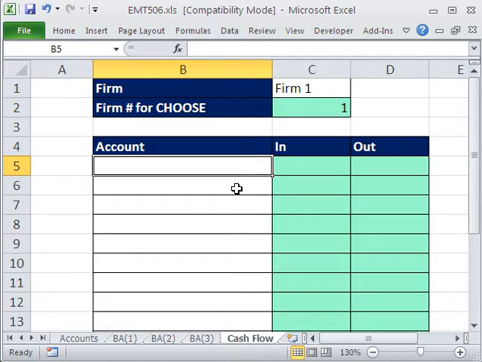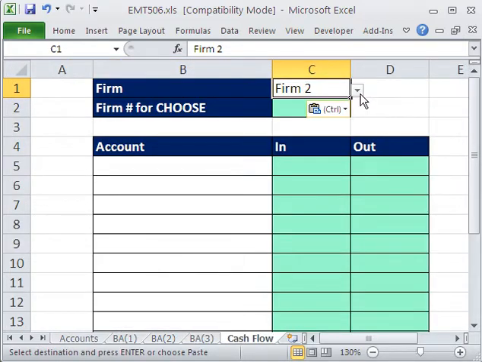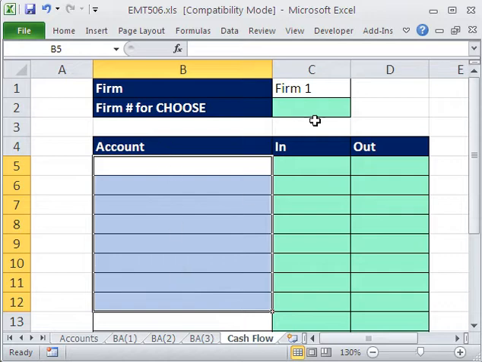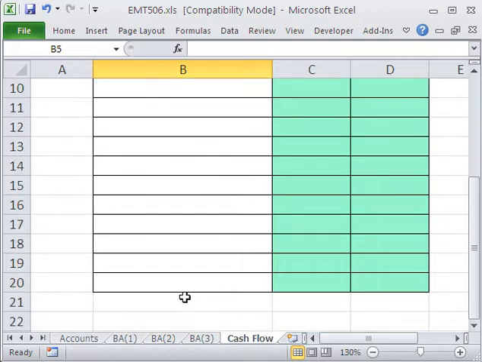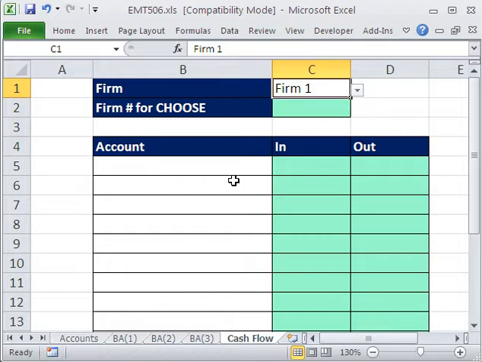Now let's build our formulas. The first thing is, how do we get one chart of accounts if it says firm 1 here? Oh, we better come over here. Control C, Control V. So now we have our data validation. Now, I would like to plop in the one chart of accounts if it says firm 1. And if it says firm 2, I need a different chart of accounts. So here's how we're going to do that. First, we're just going to go ahead and build a formula. Let's just see if we can show the accounts for firm 2. Or let's start with firm 1. And then I'll show you how to switch back and forth using